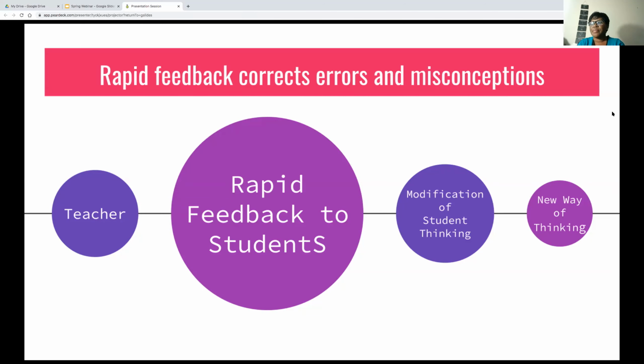So rapid feedback is a collaborative approach to learning and adapting to learning strategies in the process. Rapid feedback lets students take concrete and timely measures so that they can have deep thinking about the processes that they're going through and to be able to move from one step to the other.